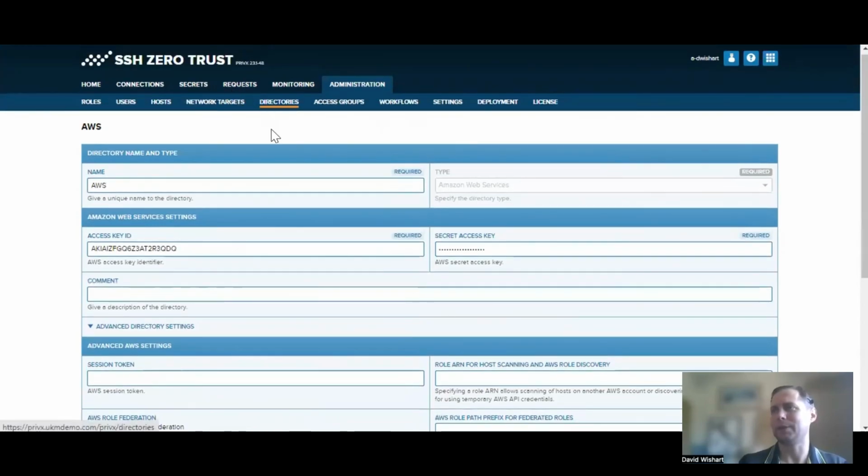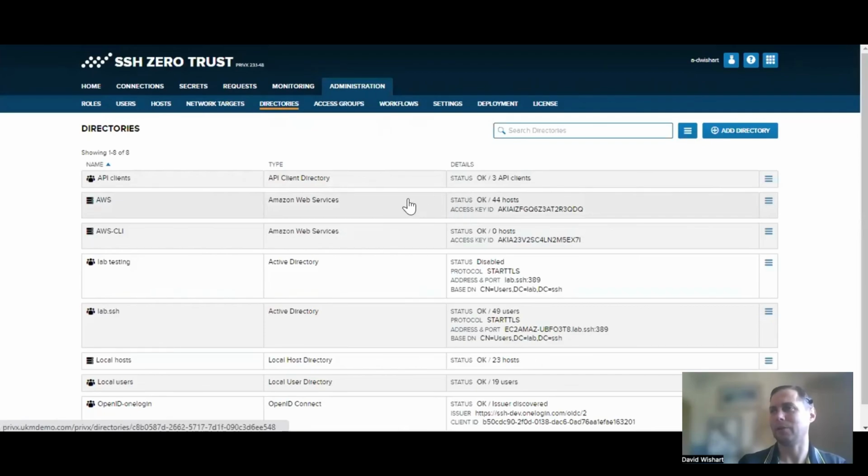So we can see all the hosts that are built in that directory or that AWS environment. At the minute there are 44 hosts. As soon as a new host is built in a host directory, then PrivX knows about it straight away. So this really reduces the time required to keep things operationally efficient.